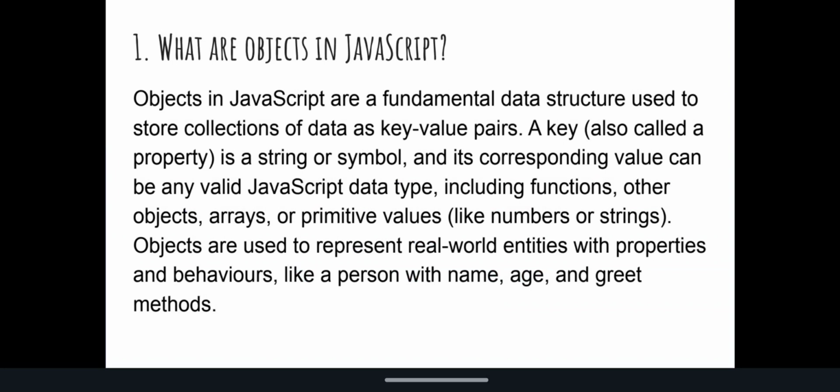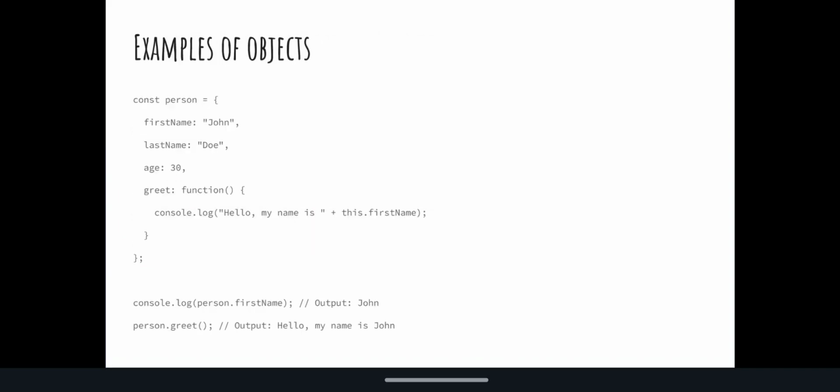A key, also called a property, is a string or symbol, and its corresponding value can be any valid JavaScript data type, including functions, other objects, arrays, or primitive values like numbers or strings. Objects are used to represent real world entities with properties and behaviors, like a person with name, age, and greet methods. And examples of JavaScript: